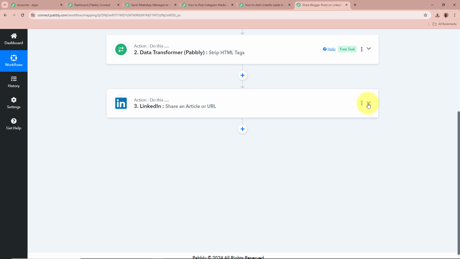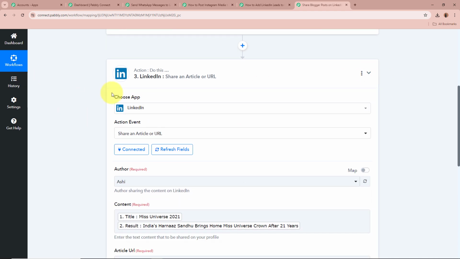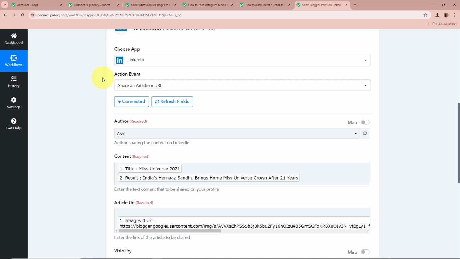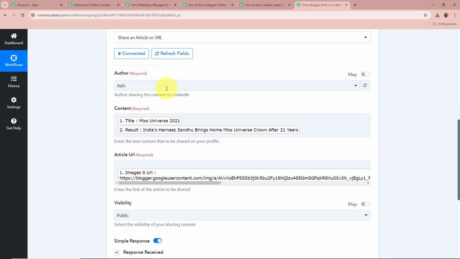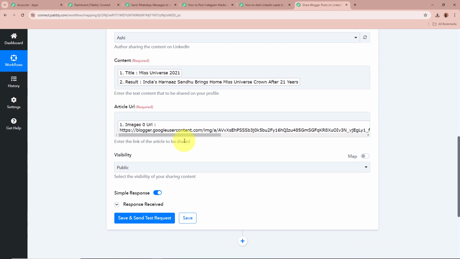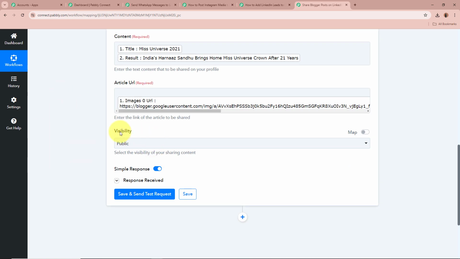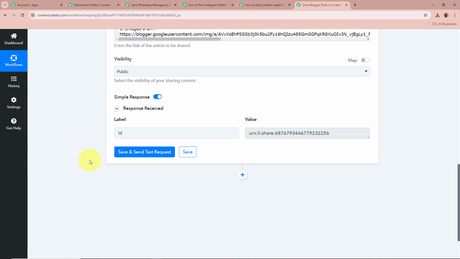So what we are going to do is we're going to set up our action step now, and for the action application we have selected LinkedIn. For the action event, Share an article or URL. For the author, we have selected the author. For the content, we have mapped the data of the content. For the article URL, we have mapped the data of the article URL of our Blogger account response that we have received. For the visibility, I have selected public, and after that we have clicked on save and